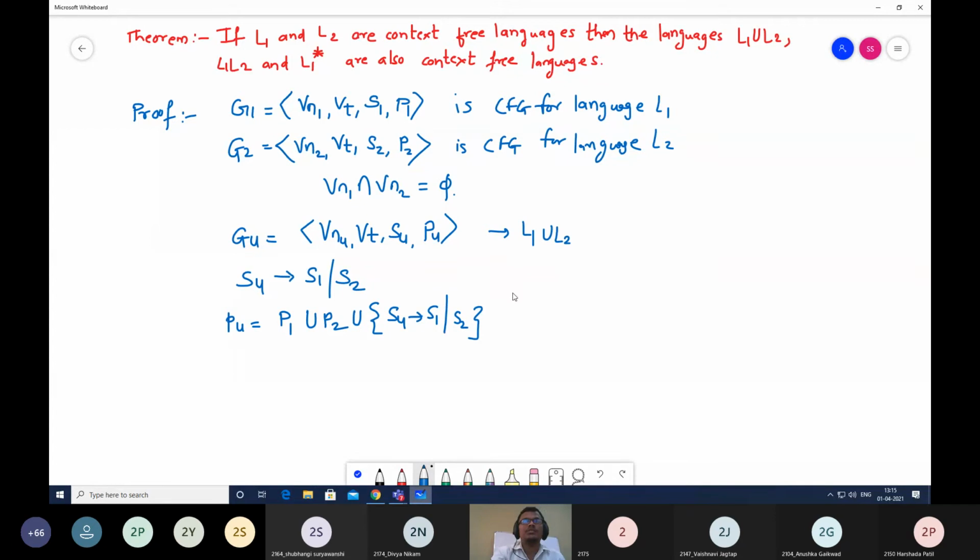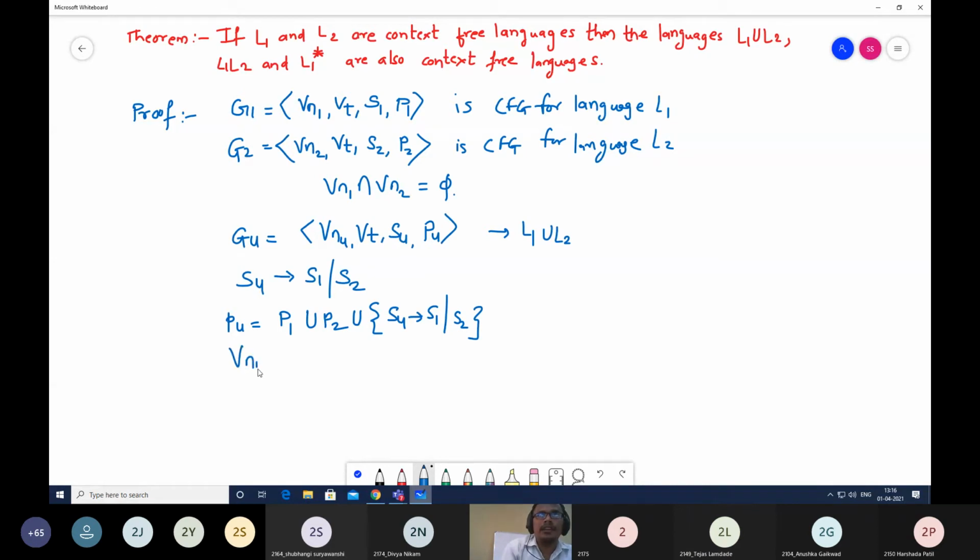Is it understood, students? How did I construct PU? That is the production rule tuple of union. Any doubts? Am I audible? Yes, sir. Students, how we took union to generate the union grammar, union of two starting symbols? Yes, sir. Now, what will be any other tuples now?